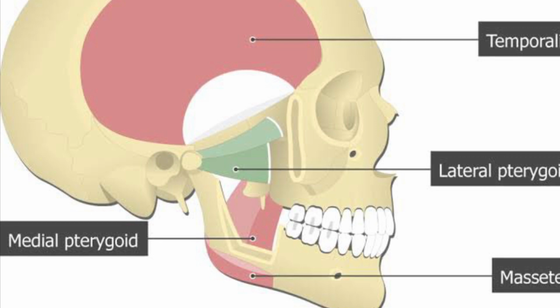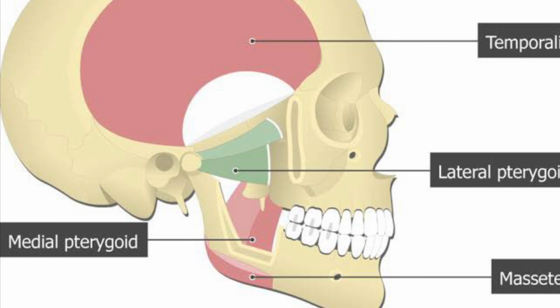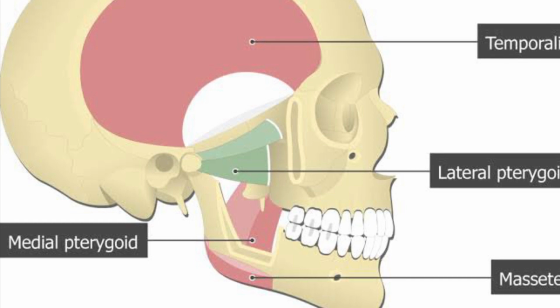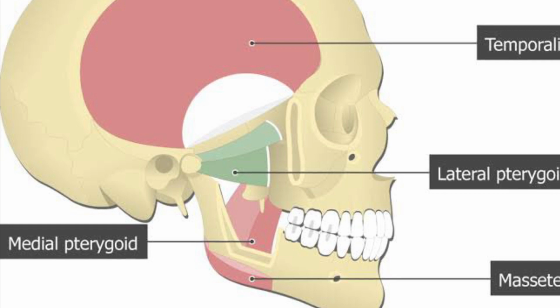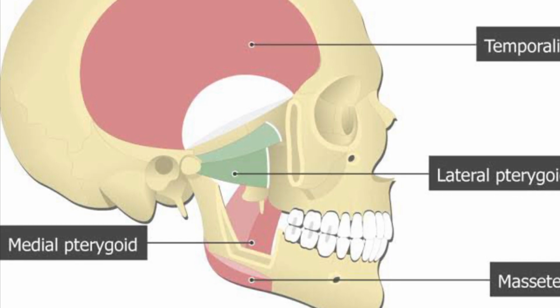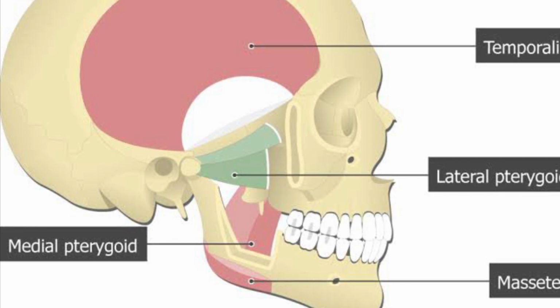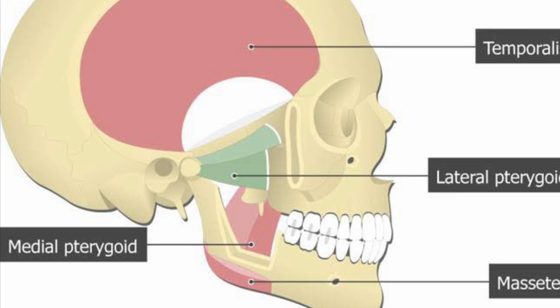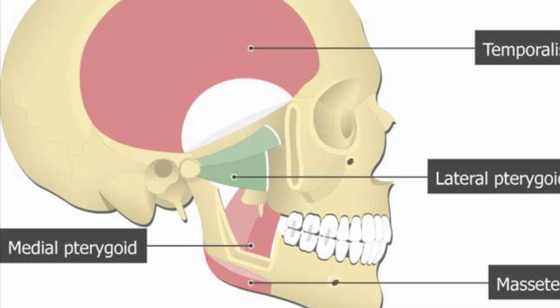So there are two movements because of this pterygoid muscle: the superior compartment having gliding movement and the inferior compartment having hinge type of rotation. And this muscle is innervated by the lateral pterygoid branch of the mandibular nerve, and blood supply comes from the pterygoid branches of the maxillary artery and the ascending palatine branch of the facial artery.